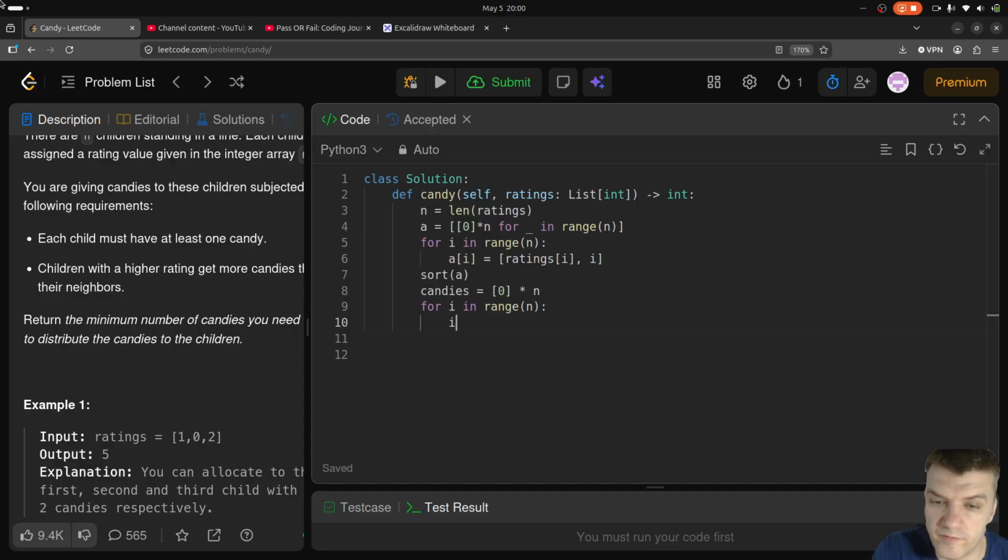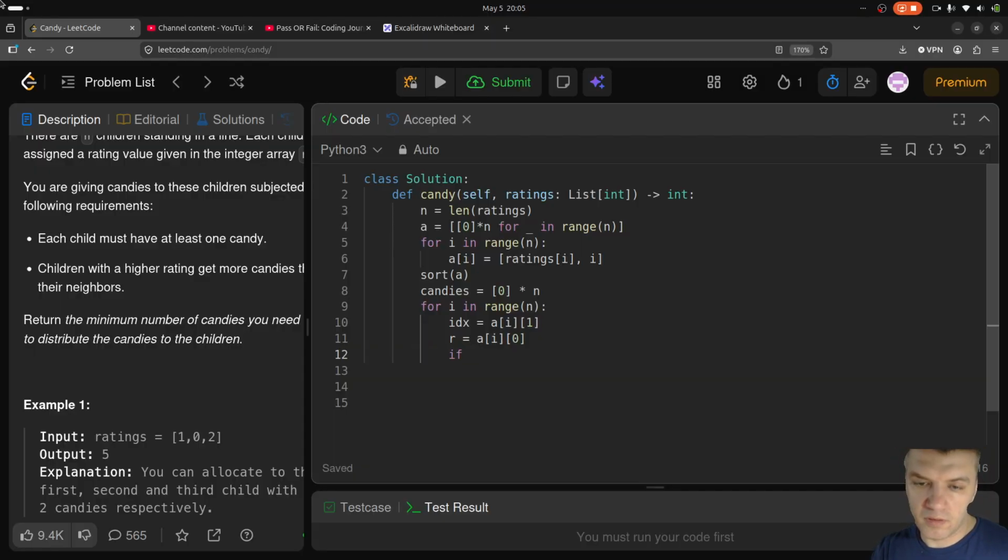Okay, so we have index equals a[i][1], and then we have rating, let's call it r, equals a[i][0], and then I'm gonna check. Let me pause it again. Okay, and I'm gonna check the index, I'm gonna check the rating, and I'm gonna check also